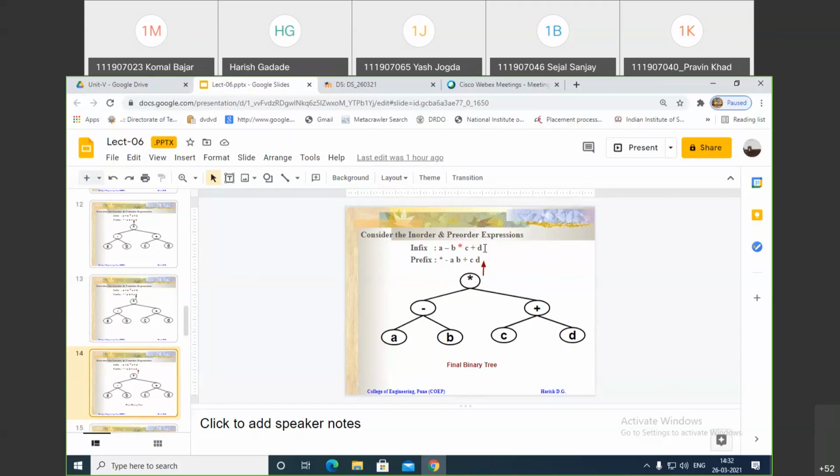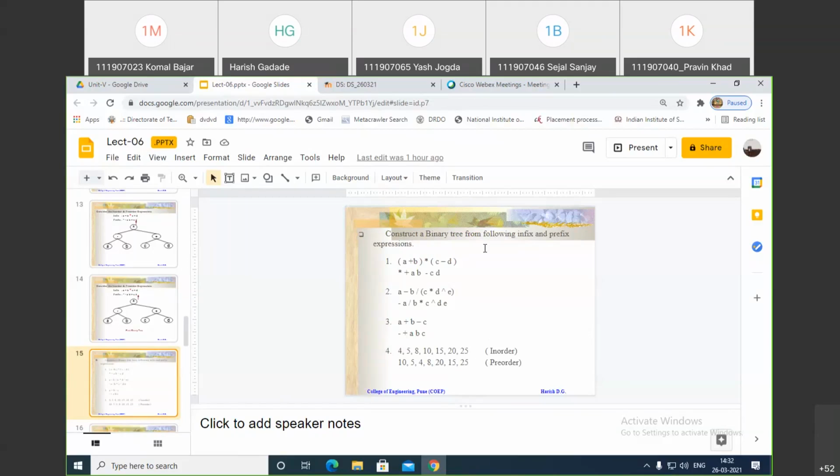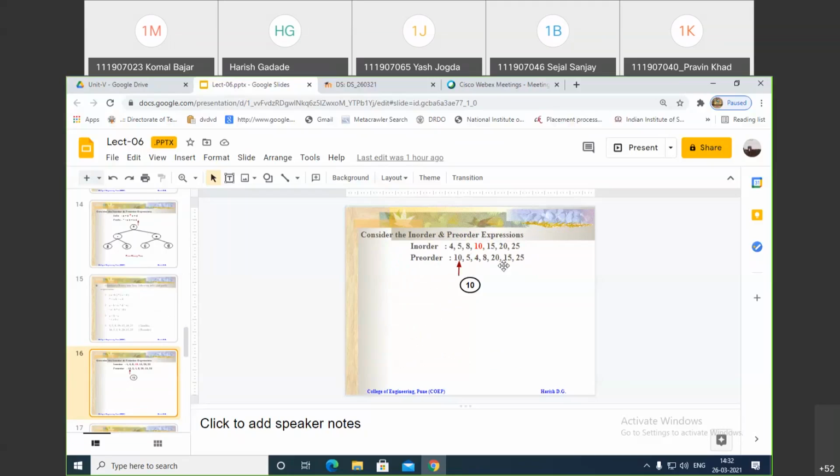So second example again I have taken here. This is a simple example. So this fourth example from this, I'm just taking here. This is very simple. Now see, the pre-order sequence is here, and the first element is the root, and that first element is 10, and that becomes the root. So search that 10 in this in-order. So 10 is here. So whatever the left side of this 10 becomes the left subtree and right side of this 10 becomes the right subtree. You can see here this one. So left is what? 4, 5, 8. Right is what? 15, 20, 25. So this is the right one, right?